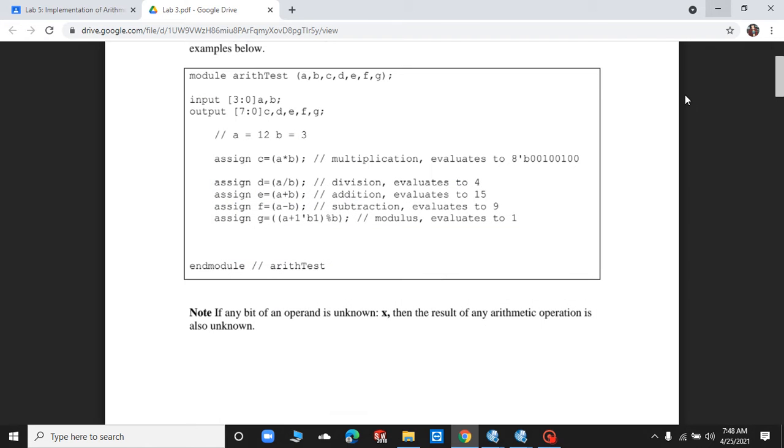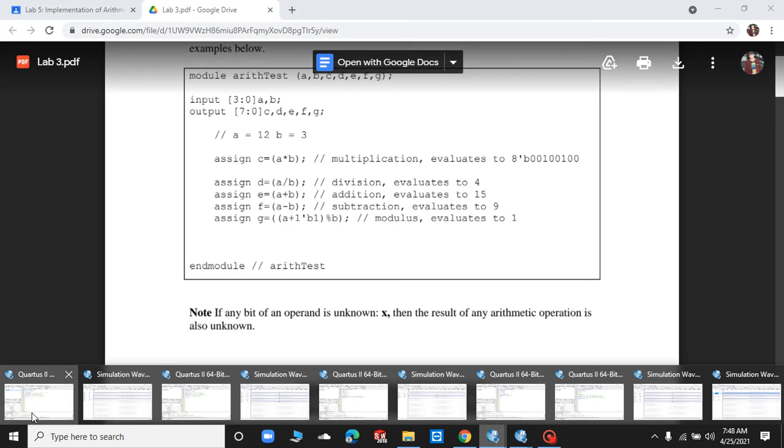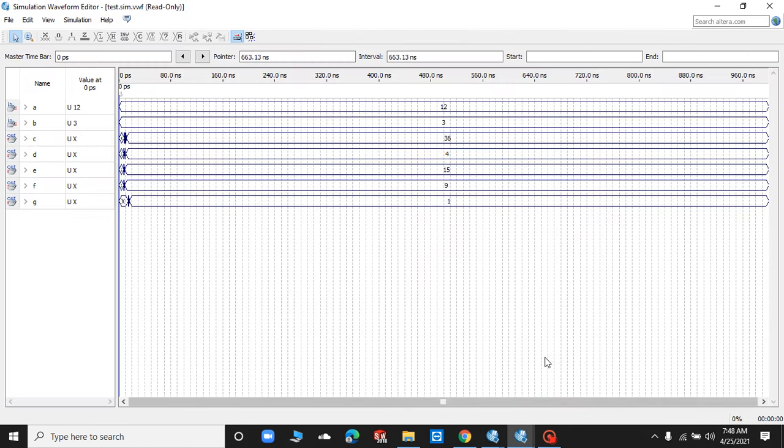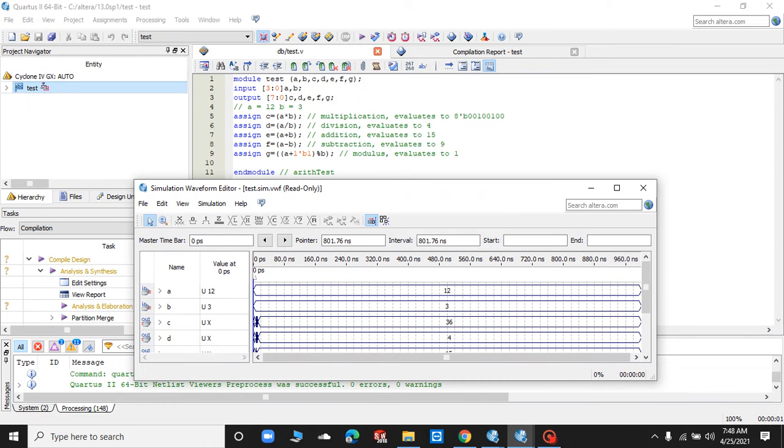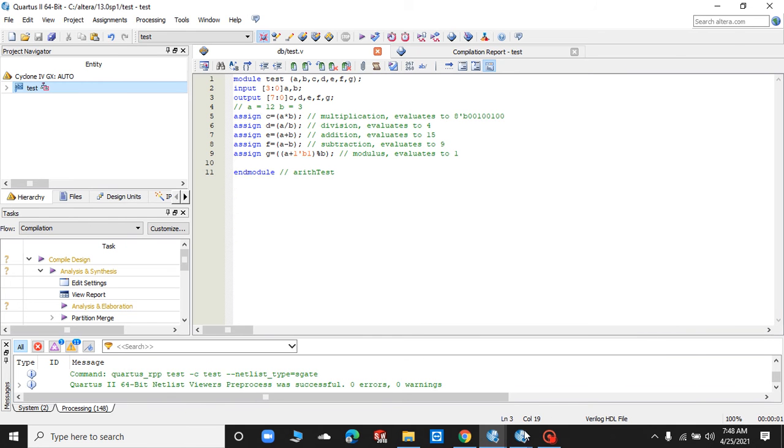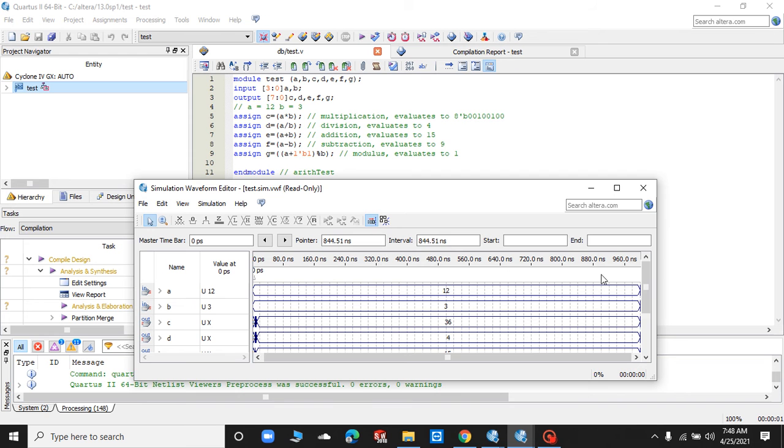If I open my basic code, you can see that my first operation was multiplication. C is equal to A multiplied by B, so 12 multiplied by 3, 12 3s are 36. You can see that here we are getting 36.